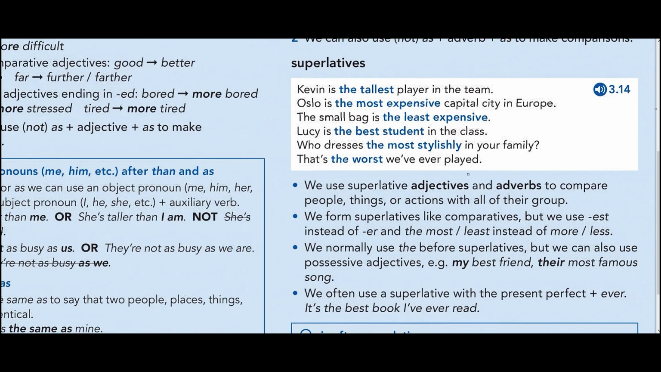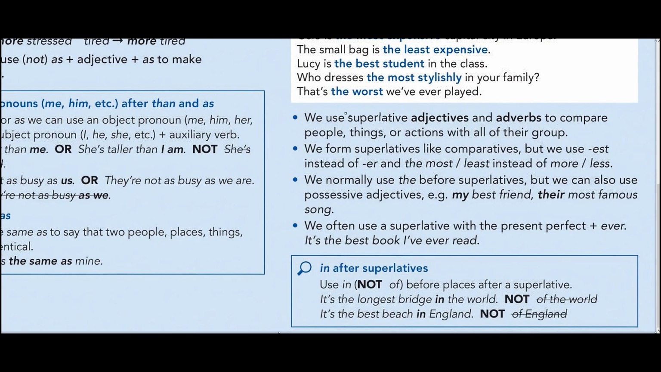То есть хуже мы никогда не играли. То есть вот такой момент. Мы используем превосходные прилагательные и наречия, чтобы сравнивать людей, вещи или действия во всей группе. То есть кто из этой группы самый. Мы формируем превосходные степени похоже на то, как мы делаем это в сравнительных, но мы используем